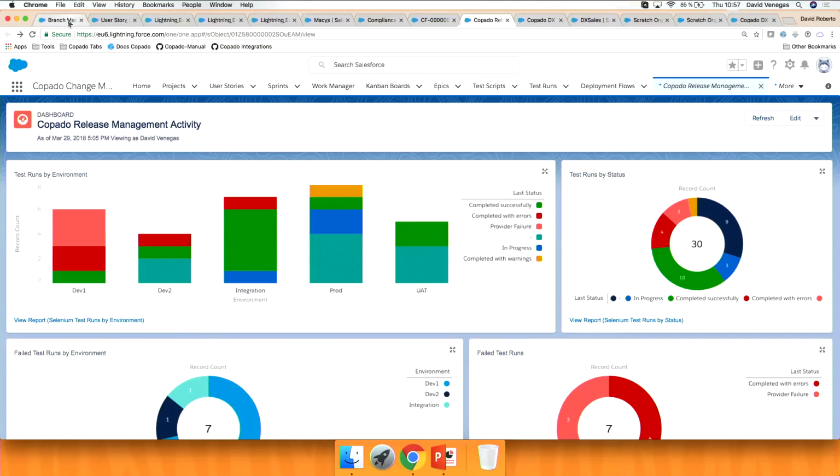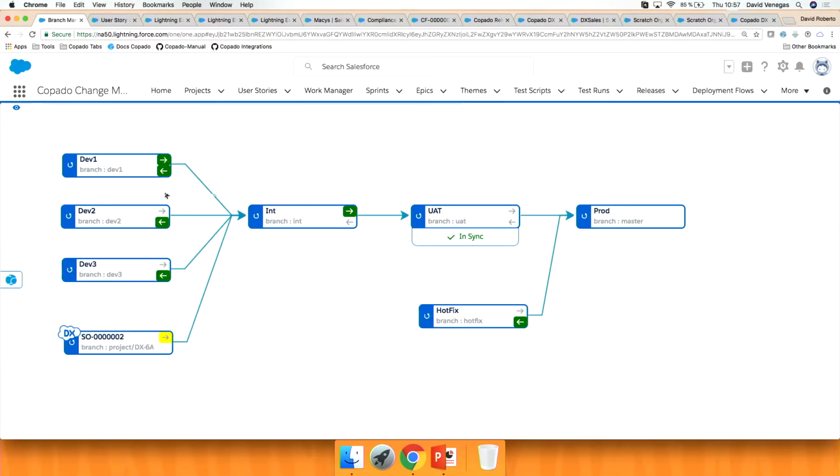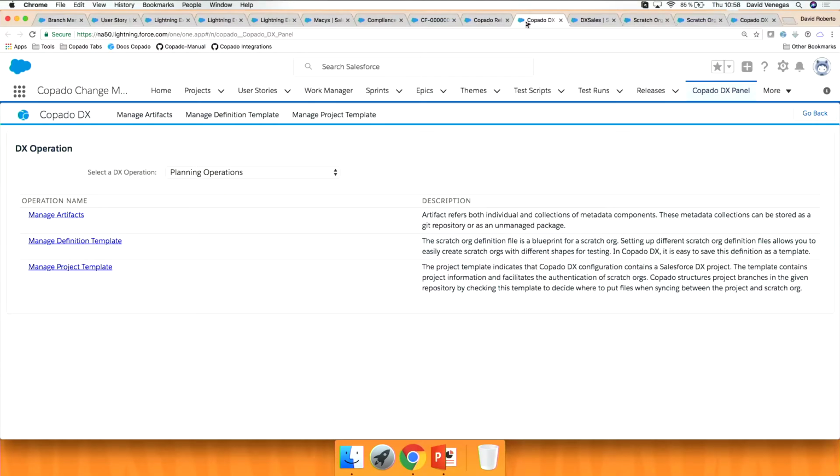Now, something that is new is the DX technology. You can leverage it with Copado as well. As you can see in this flow, I have some standard sandboxes for development, but I also have a Scratch org in here. So how does this work? Well, with Copado, we give you a complete DX layer on top of the DX technology. So your users don't need to know CLI or DX technology itself. Copado will handle the hard or complex DX